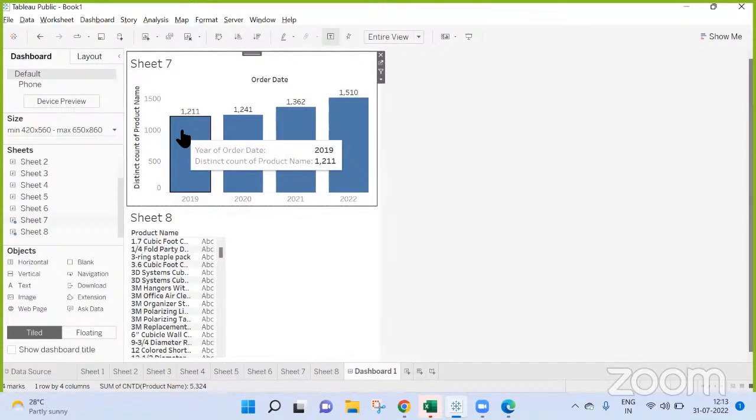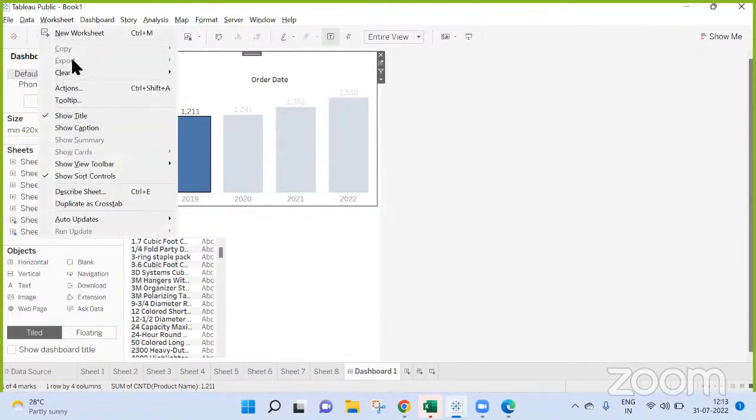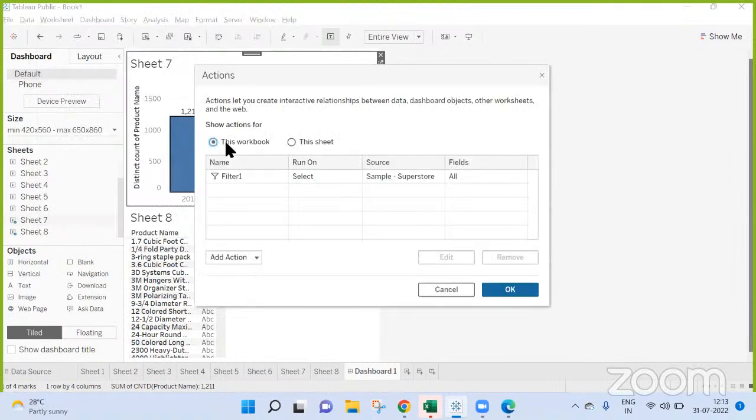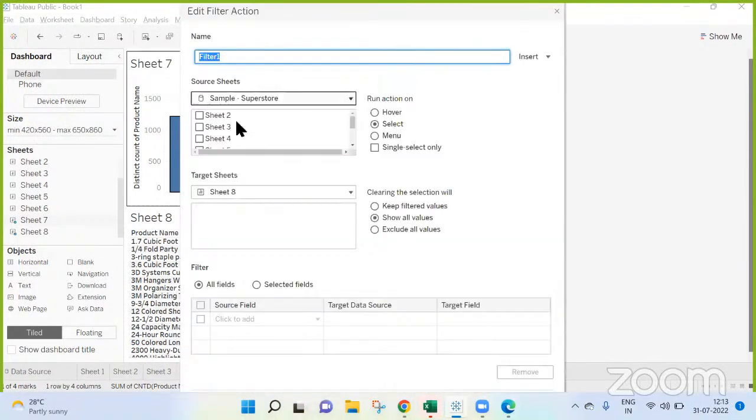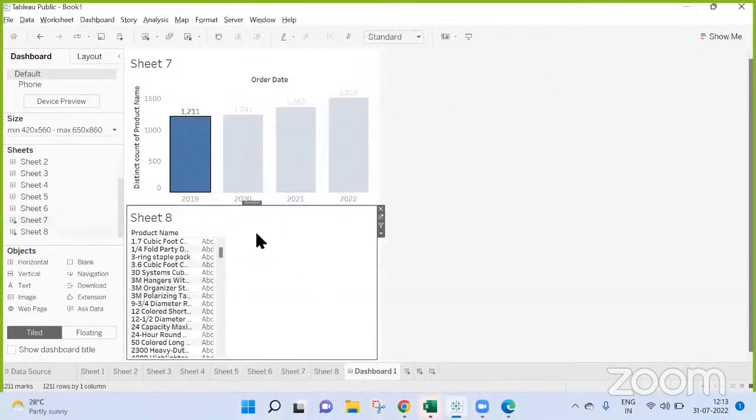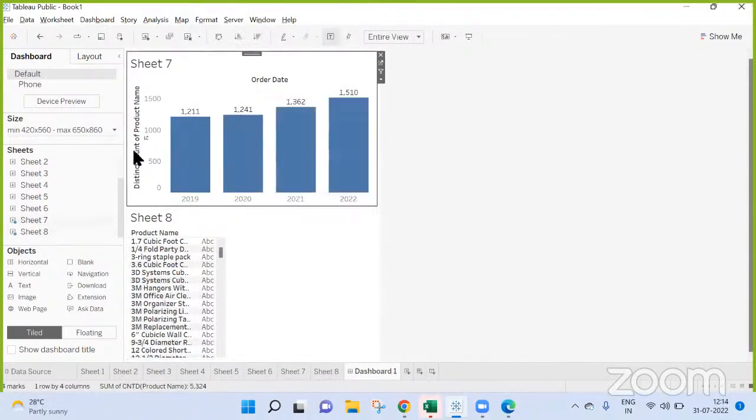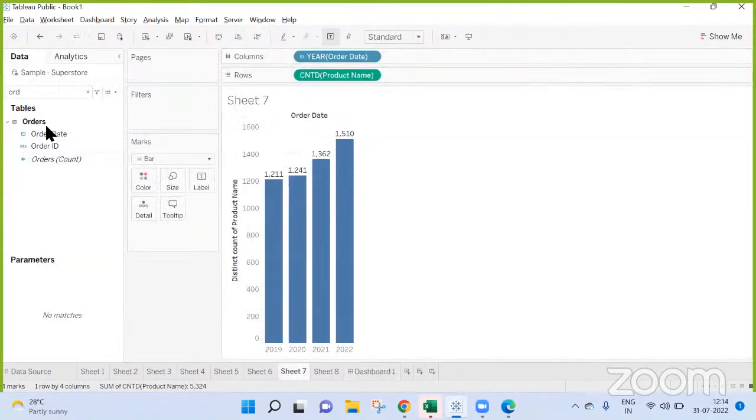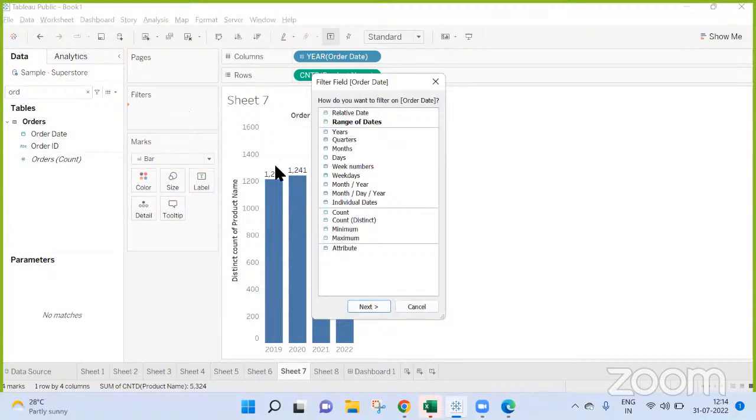See, what is happening here? When I click on this, let me add this action. Okay, this is added. Now when I'm clicking on this, the year is being passed from here to here. So based on year, the filter is happening. In here, if I bring order date and I select only